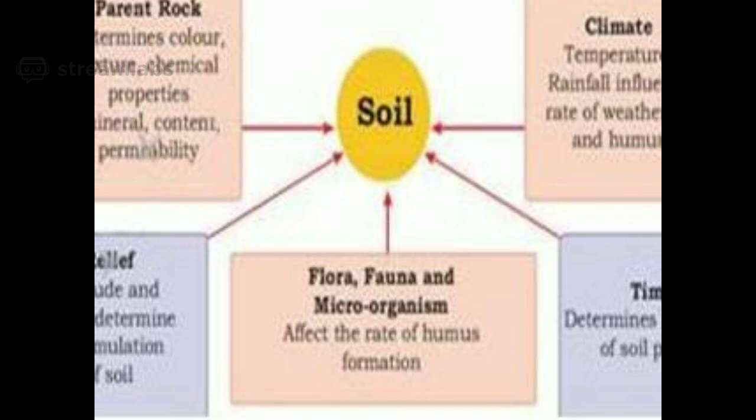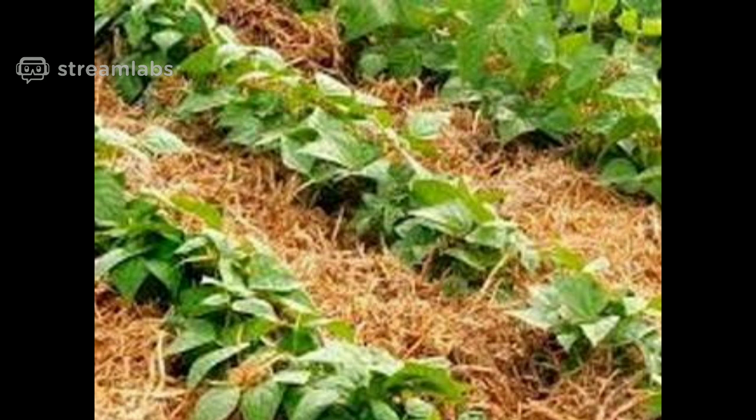Next is time. Time determines the thickness of the soil profile. Like I just told you, for 1 centimeter of soil it takes hundreds of years to form. I hope this is clear. This diagram also you have to make in your notebook. So I have given you 2 diagrams. One is of soil profile, I think it is given on page 11. You will make both the diagrams: one is of soil profile and the next one is factors affecting soil formation. Third is the glossary. You will write all the notes that are given in the glossary.